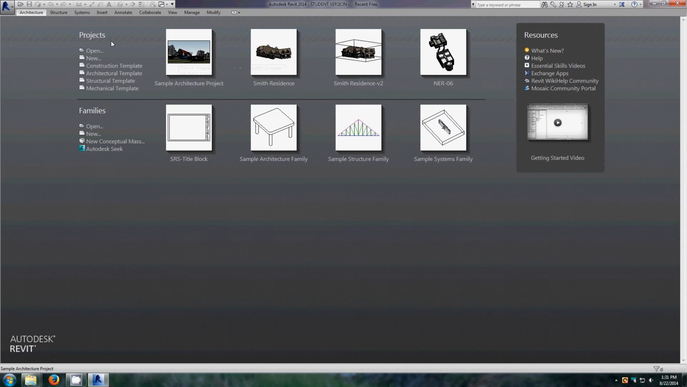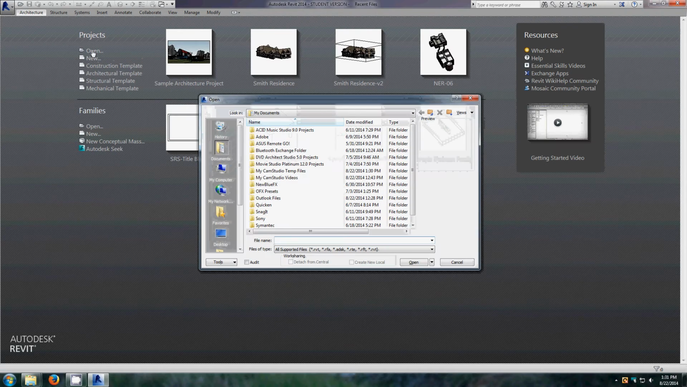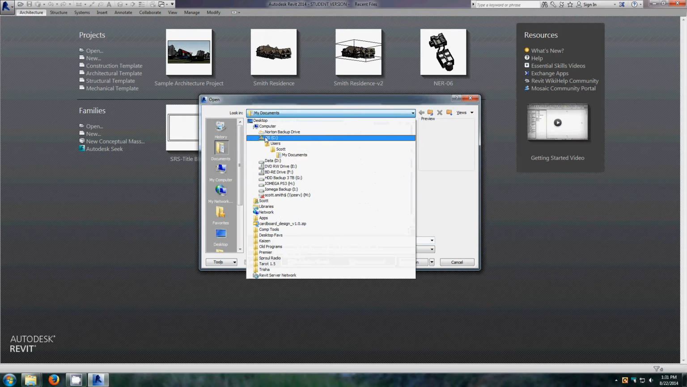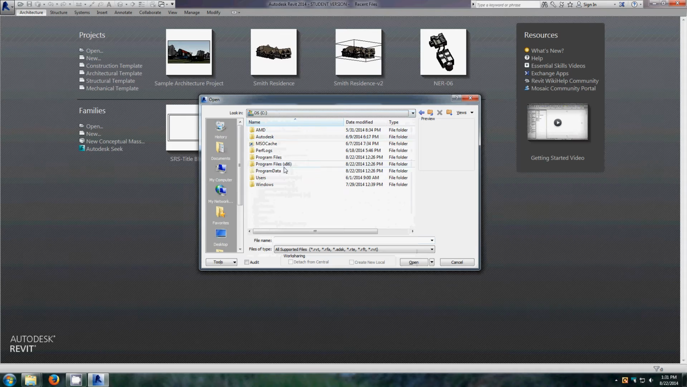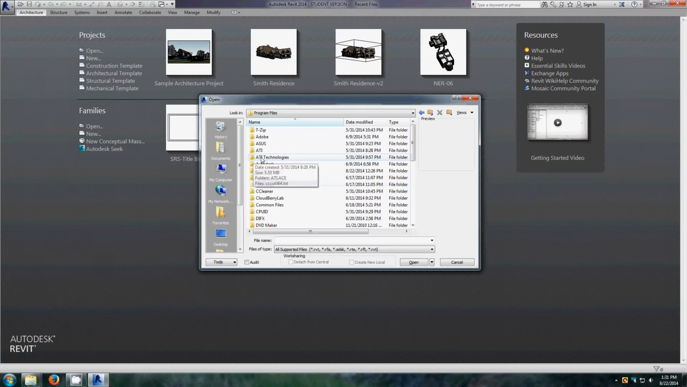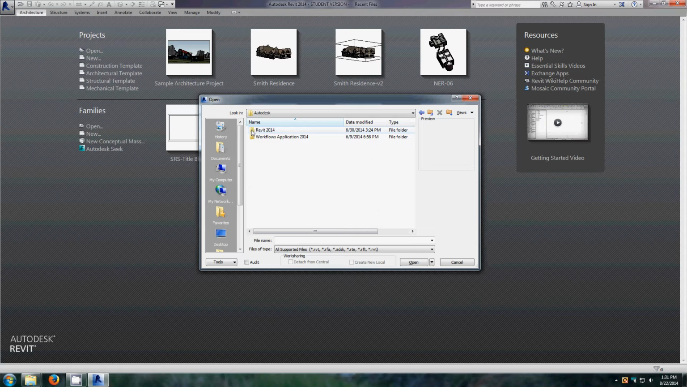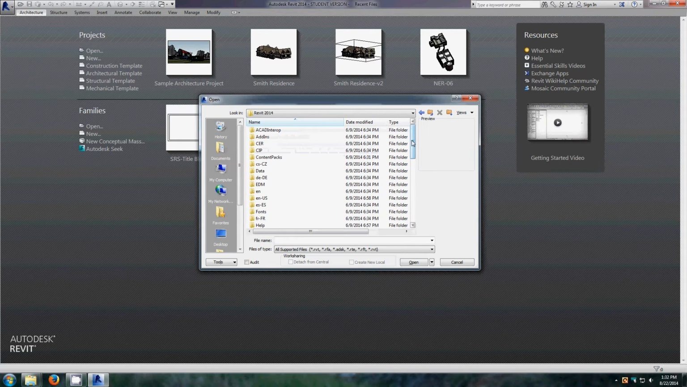If you don't, we're going to go ahead and hard open it just so you know where it's located. So let's go ahead and open and scroll to the hard drive and open the program files folder, Autodesk folder, Revit 2014 or perhaps 2013 if you're using that, and then scroll down to the samples folder,